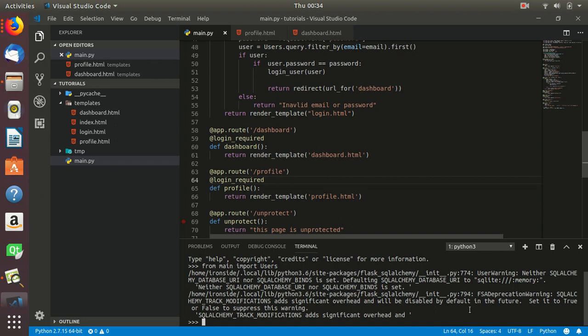So let's loop through the entire table called user. For users in users,